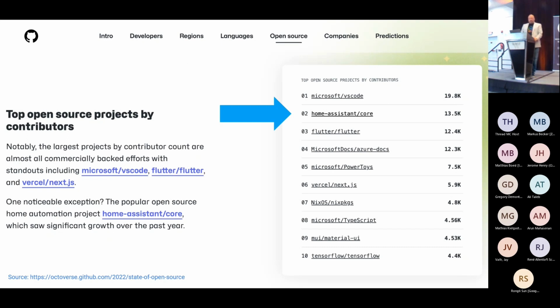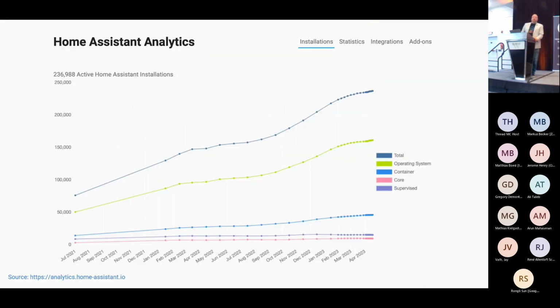But then there's Home Assistant. Now, Home Assistant is big. This is Home Assistant Analytics. It's an opt-in analytics service. We have around 250,000 active instances reporting in, but we estimate that only 1 in 3 people will opt into the analytics, so we assume around 750,000 active instances worldwide. And when I say worldwide, it really is worldwide, because you can download and install Home Assistant for free. All you need is a Raspberry Pi, or run it as a virtual machine or in Docker.